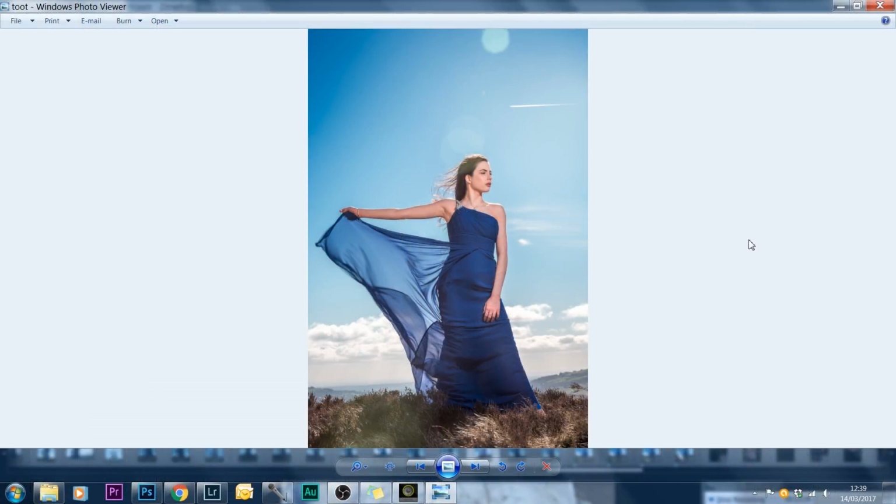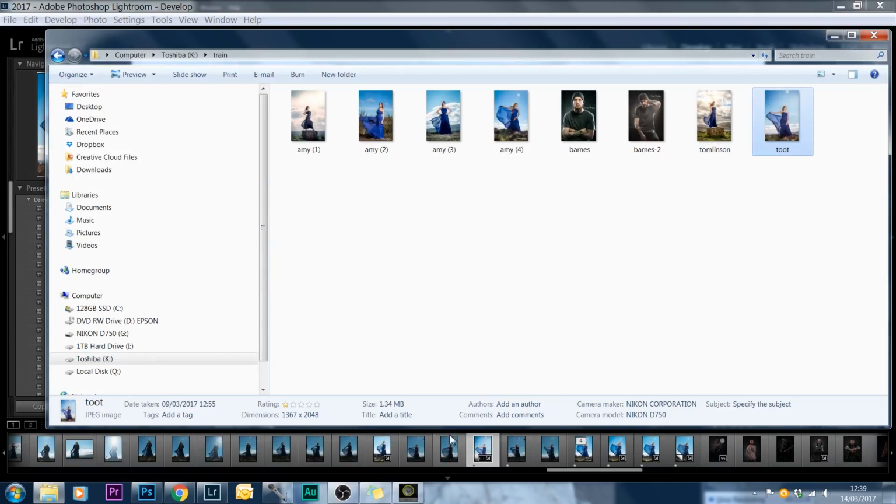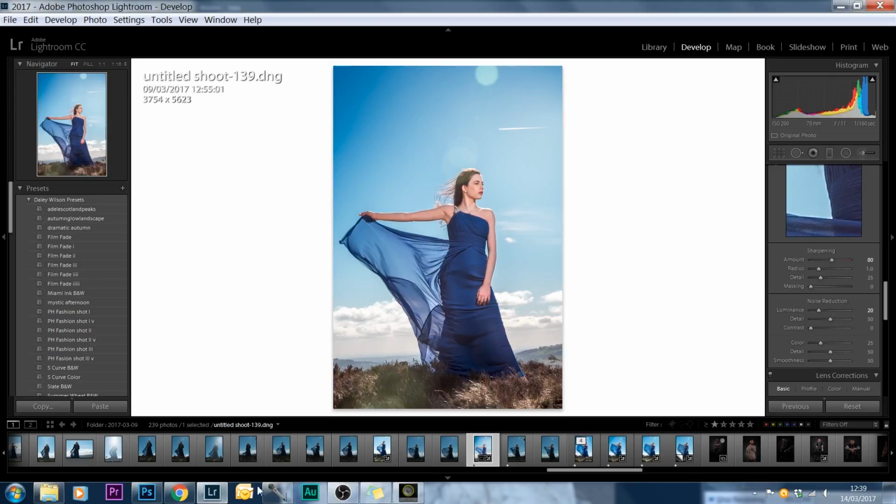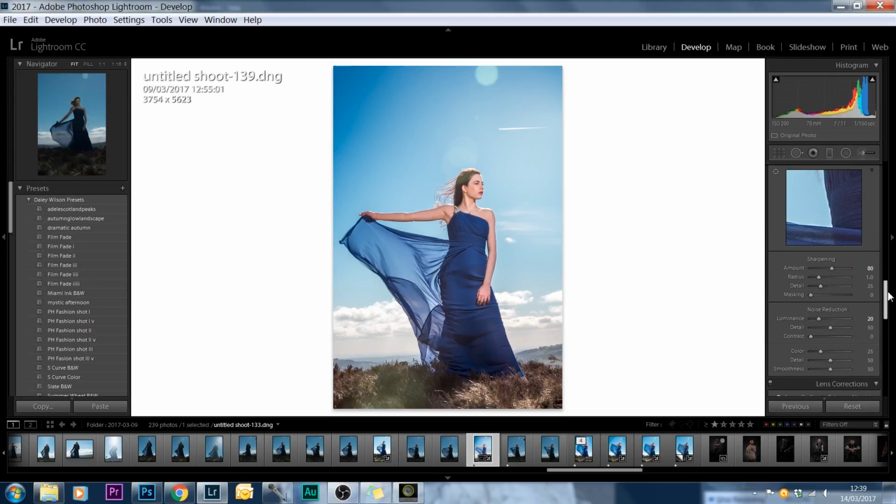Okay then guys, there you have it. That's the final image that we've just edited in Lightroom. So they're my basic workflow for Lightroom. So just to recap,